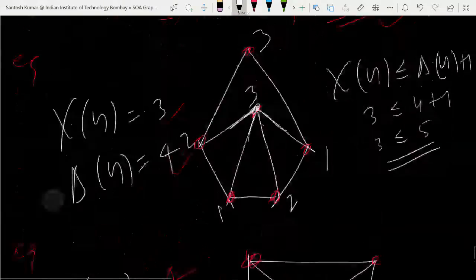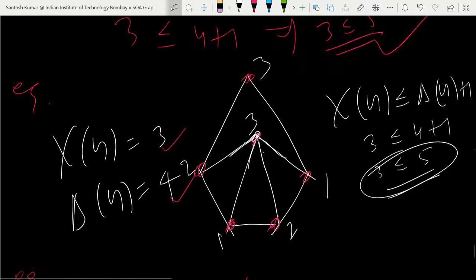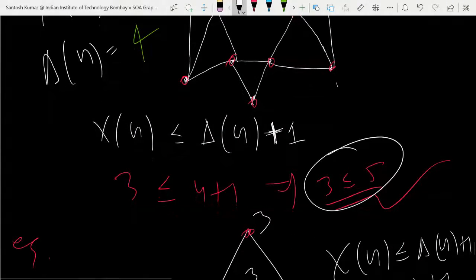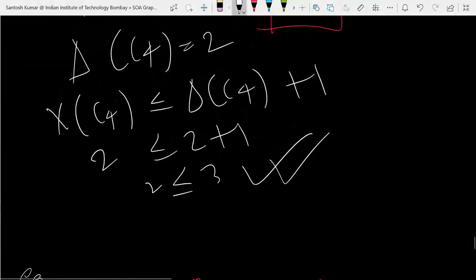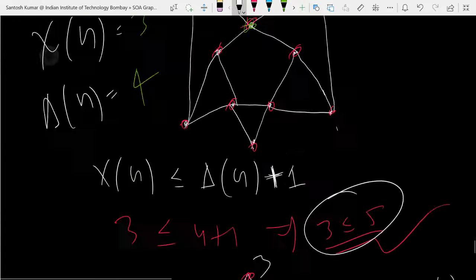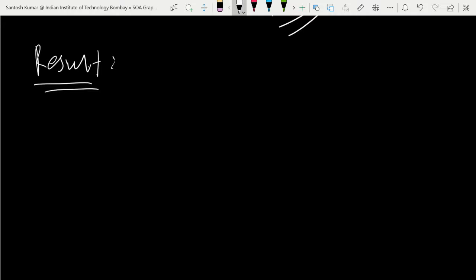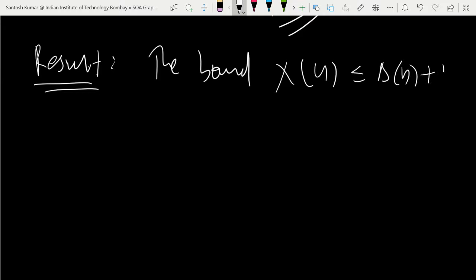In this case, there was not the equality. In this case, there was not the equality. In this case, there was not the equality case, but here it was. So what is the result actually? So the result, if you would like to write, is the upper bound for chromatic number: chromatic number is less than or equal to delta G plus 1